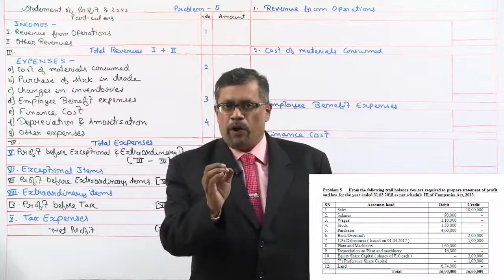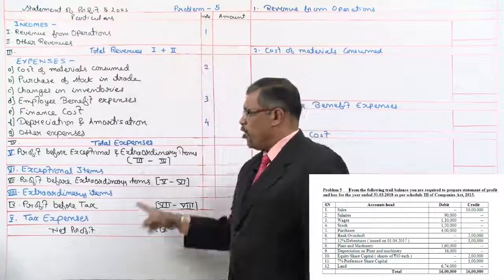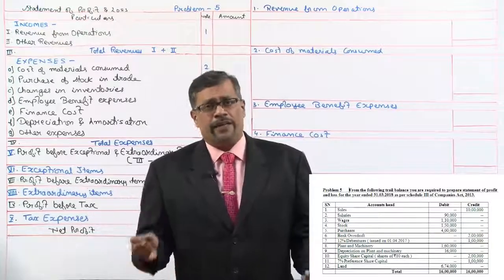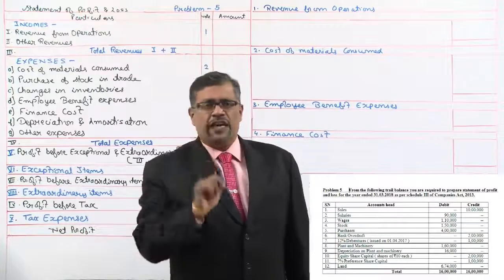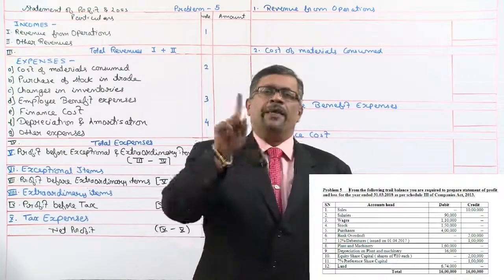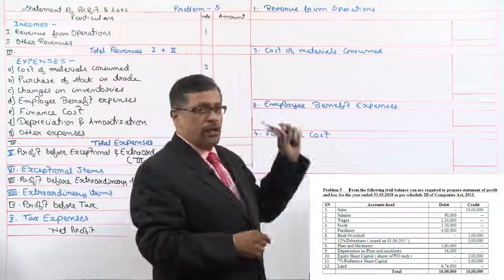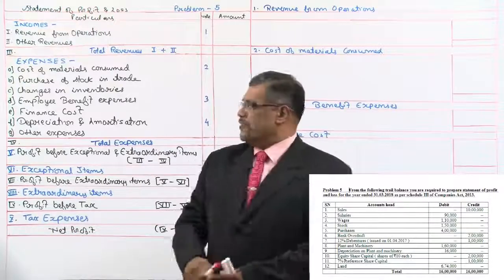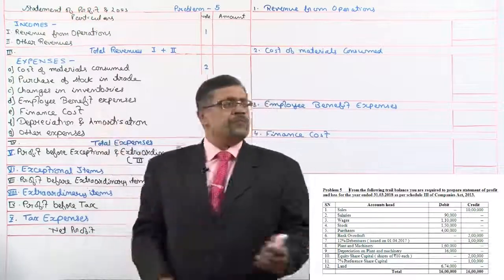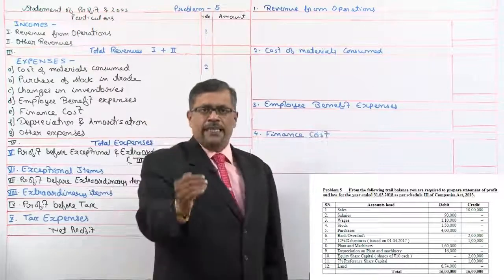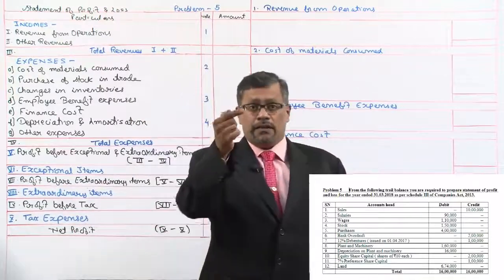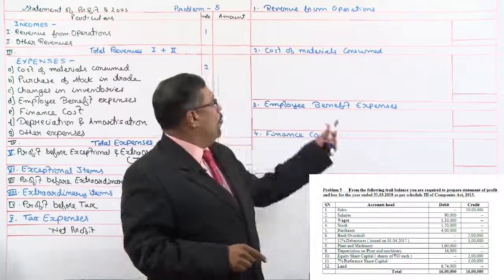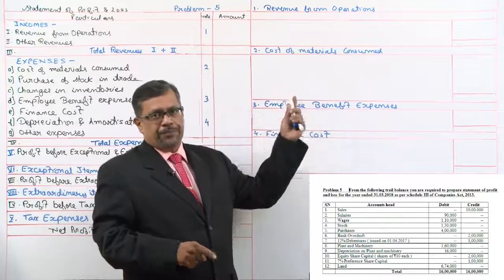Whenever you start with the problem, first remember this format of profit and loss has to be done. Then in that, whatever working notes are there, only that many working notes will be prepared. Check out the problem. We have sales, which will be taken in revenue from operations, that will be our note number 1. Then salary and wages will be covered in employee benefit expenses, so that note also is prepared. Then they have given us stock and purchases, which will be taken in cost of materials consumed.